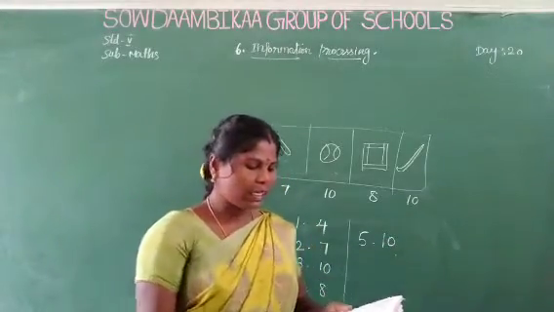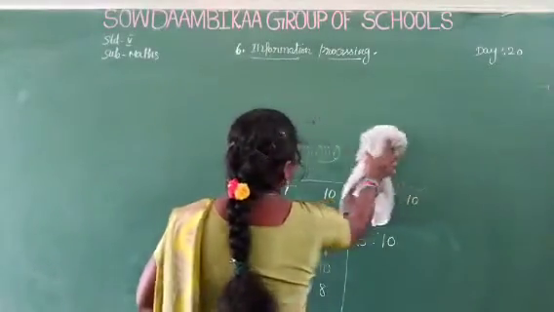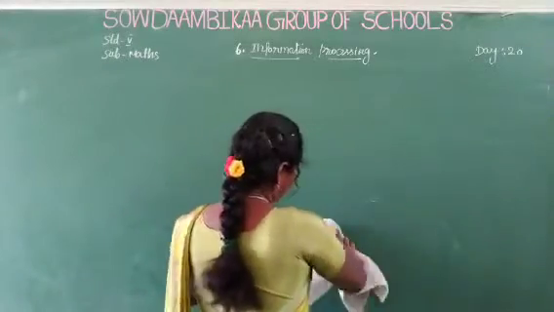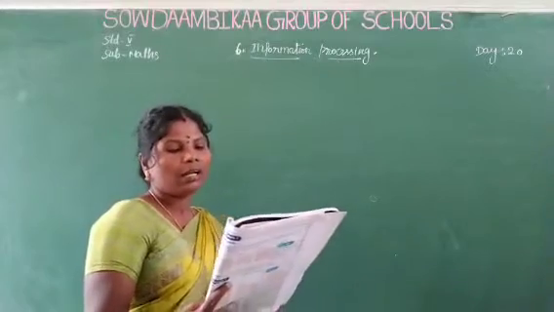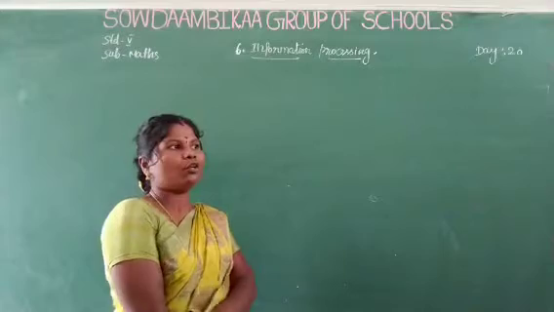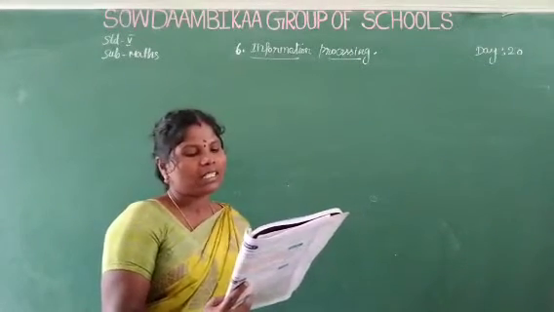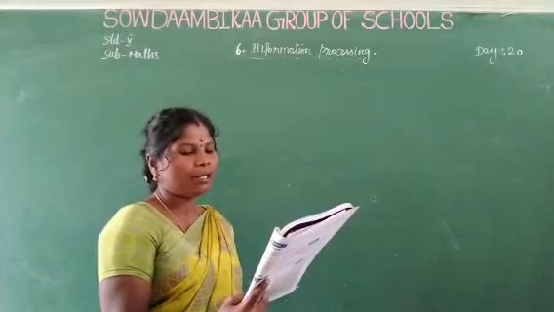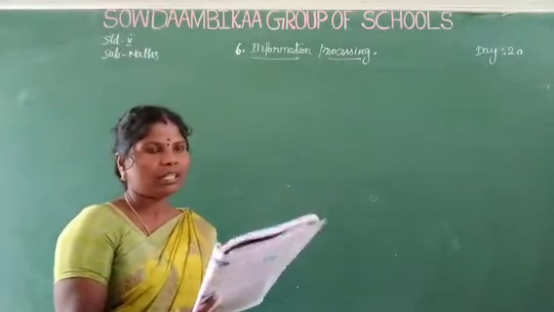Now see 6.1, systematic listing. In information processing there are so many methods. First see systematic listing. This is a small puzzle play. A number puzzle is considered one of the unique games in mathematics. Already you know number puzzles. These types of games create more interest and involvement to learn mathematics in a very easy manner. It is very happy to note that most number puzzles contain the basic knowledge of mathematics.